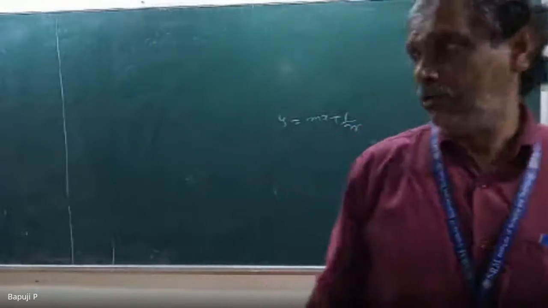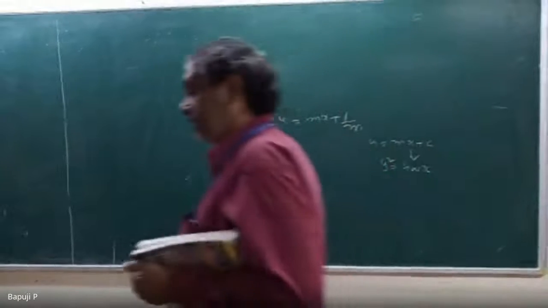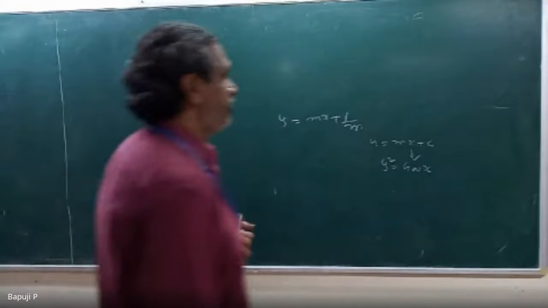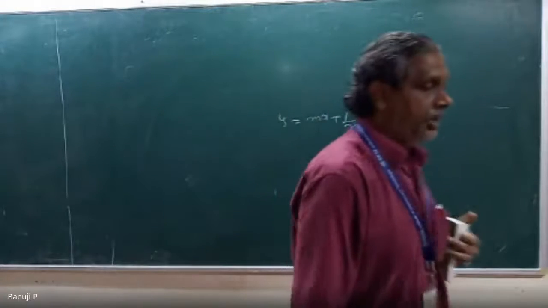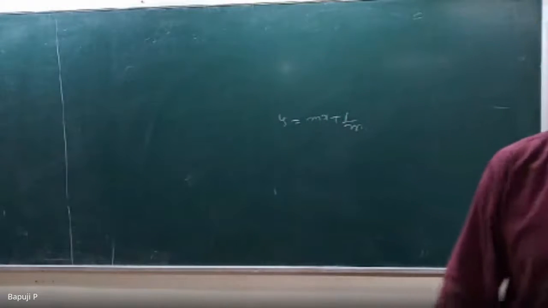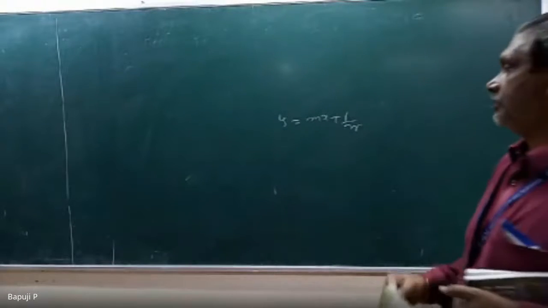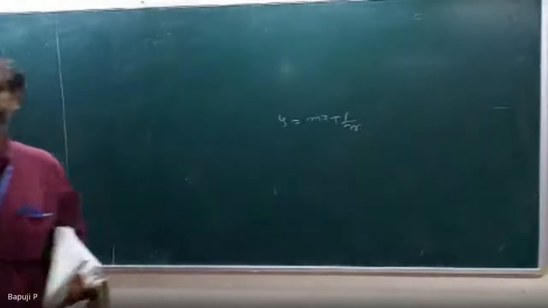Okay. Now I want to remove this parameter. M is a parameter; x and y cannot be parameters. M should be the parameter because different slopes give different lines. So slowly I want to remove the parameter. How will you remove it? You can differentiate with respect to m. If you differentiate with respect to m, what will you tell me? Y is equal to what?